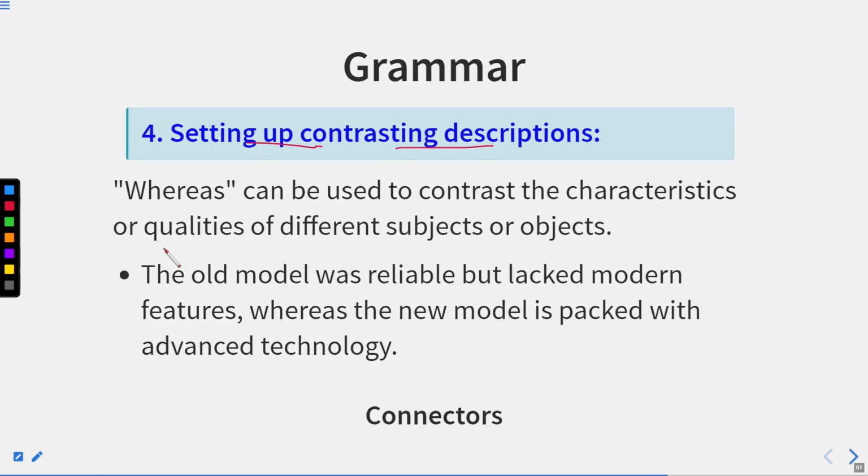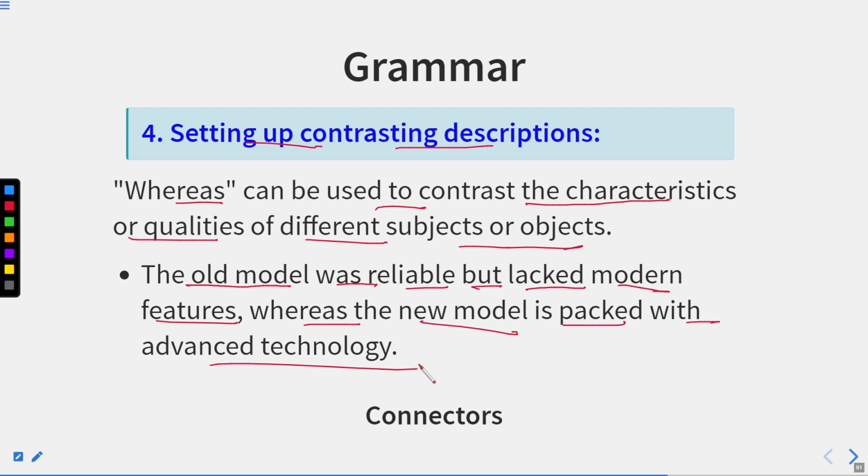Setting up contrasting descriptions. Whereas can be used to contrast the characteristics or qualities of different subjects or objects. The old model was reliable but lacked modern features, whereas the new model is packed with advanced technology. So here, in this sentence, you can see the comparison between the old model and the new model,